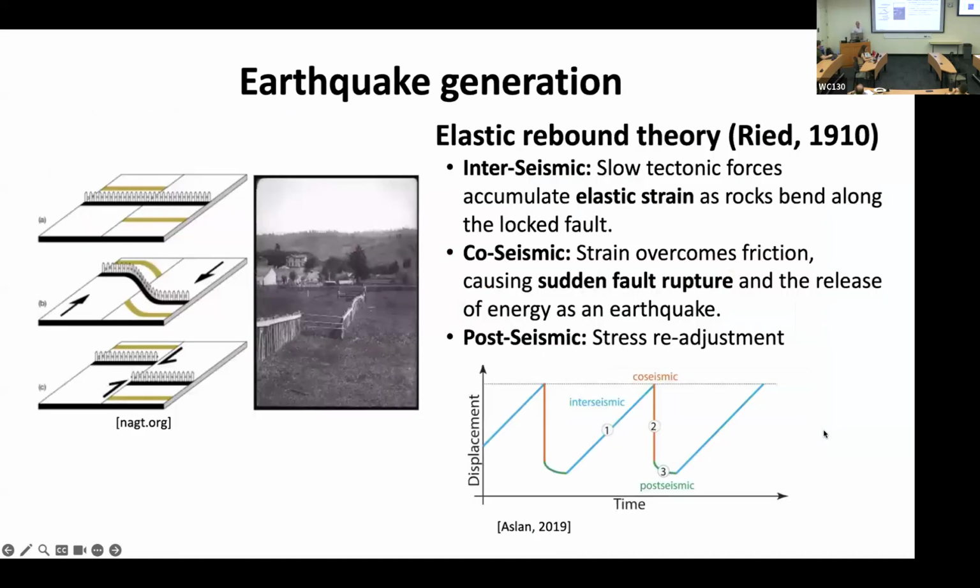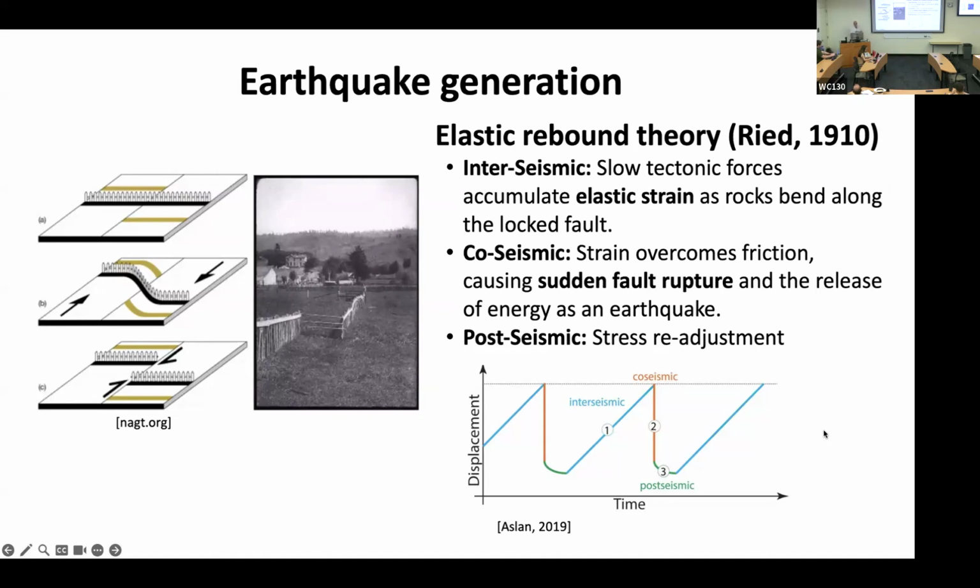So why do earthquakes occur? This is a basic concept that is already more than 100 years old. It's called the elastic rebound theory, introduced by Reid in 1910 after the 1906 San Francisco earthquake. There was a very devastating earthquake in San Francisco. He didn't know about tectonic plate motion at the time, but he measured and saw